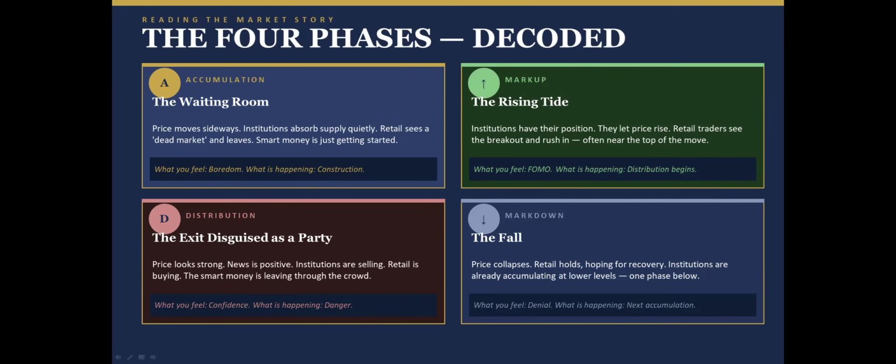So that's it about the four phases. And it is better to buy when it is in the waiting room or when the prices are rising, and it is better to exit when it is in distribution phase, early distribution, exit there in rapid up moves, climactic moves after a nice uptrend. That is the time to exit when the party is shown for everyone. So that is the time to exit.